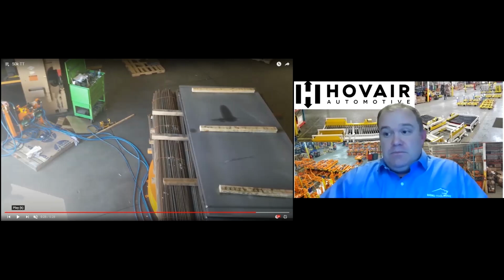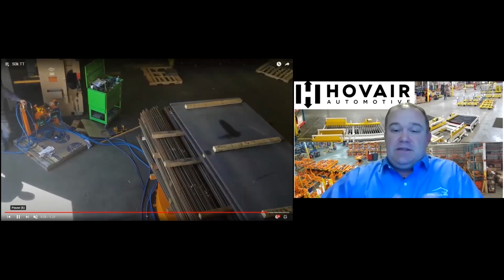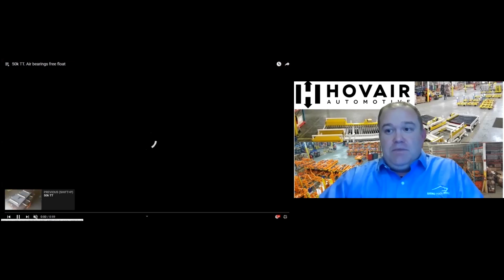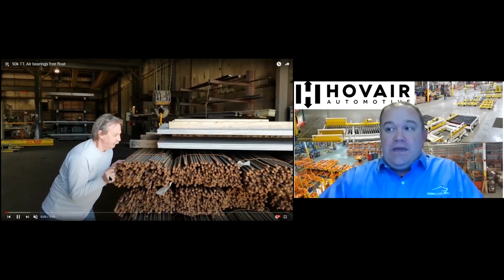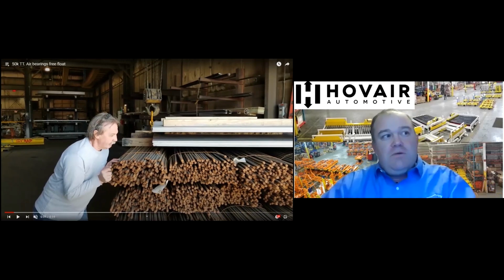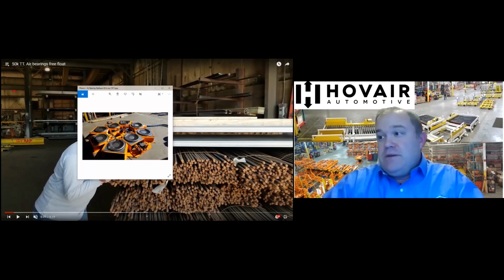So to give you an idea, this is kind of a top view of this. We had to send this table to one of our steel manufacturers to have enough weight of steel to test the table. So we put a little over 51,000 pounds on this table right now. If you're not aware, we probably do 100 plus air bearing turntables a year for the